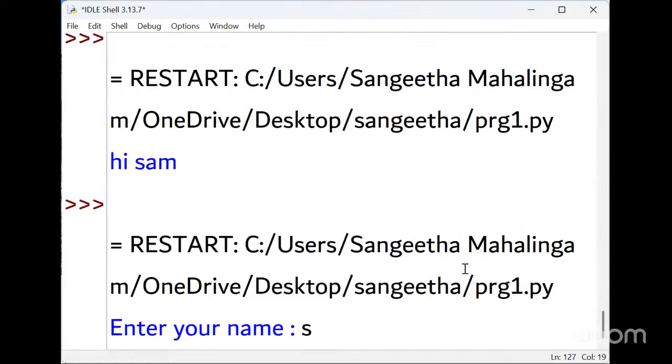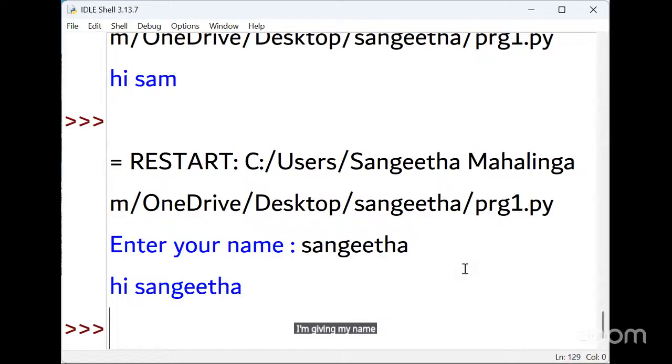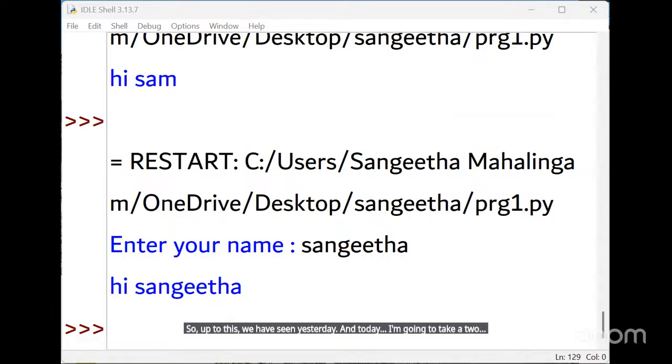It is asking for your name. I'm giving my name as Sangeeta, and it prints hi Sangeeta. Up to this we saw yesterday. Today I'm going to take two variables, A equal to 10 and B equal to 20. Simply I'm going to print.